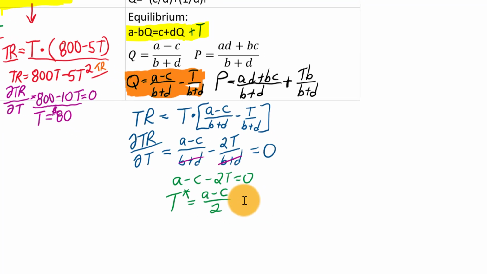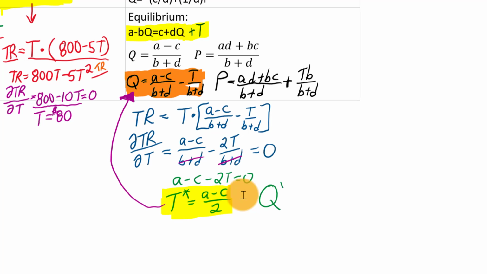What happens to the equilibrium quantity when we put on this optimal tax? Again, this is for any demand and supply, as long as they're a straight line, which isn't realistic in the real world, but okay, fine. So if we take this tax level, T star, and we plug that back into this equation that tells us the quantity based on the tax level, here's what we're going to end up with.